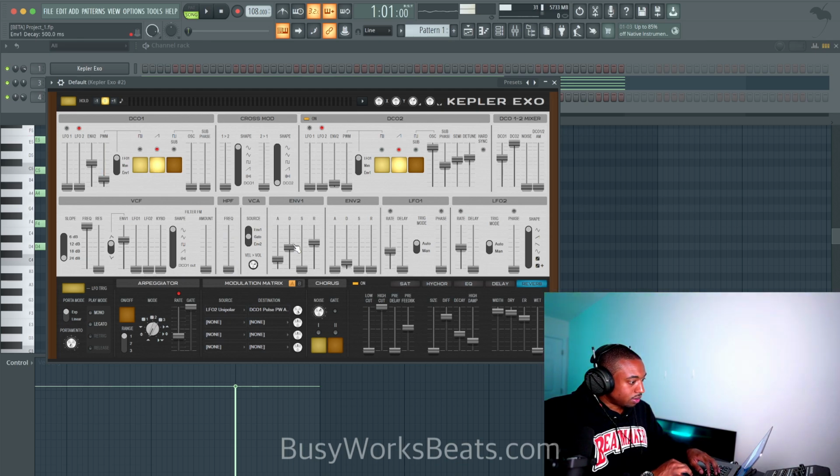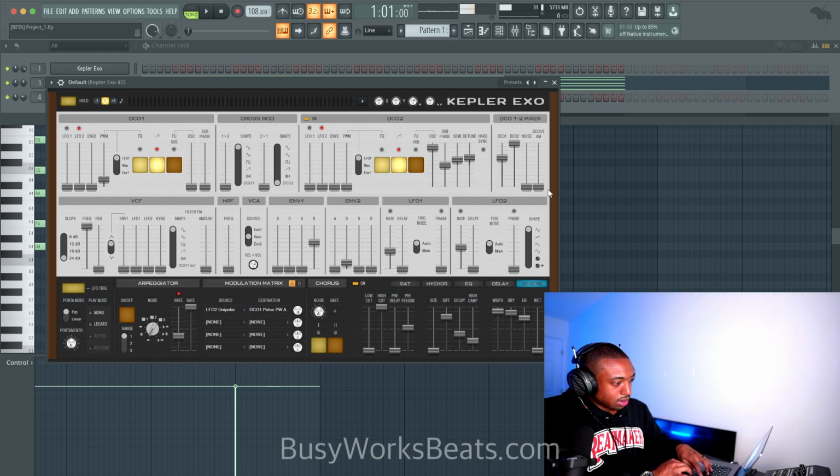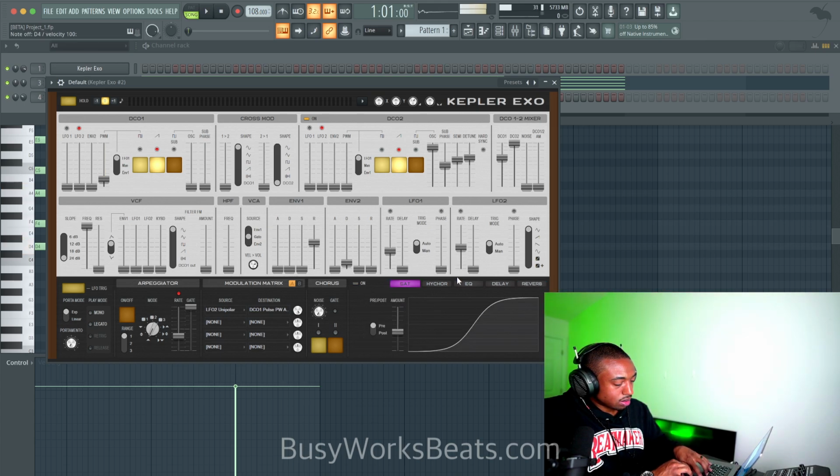And let's get rid of the filter envelope and the pitch envelope. Oh, still scratchy. Have a lot of noise. And what else? Generating noise in here. Could be the saturator. Trying to figure out why it's so bitey.